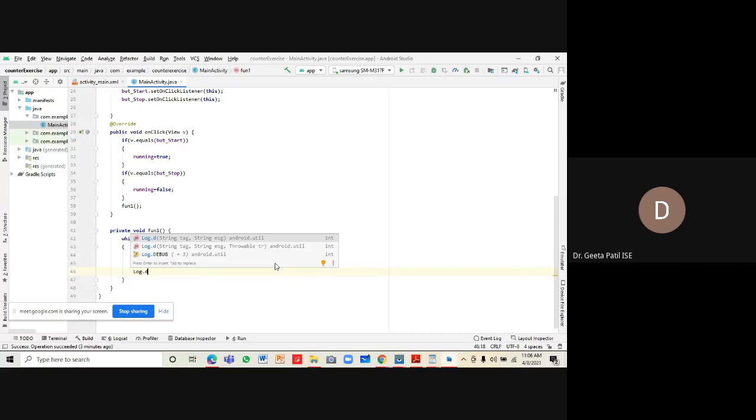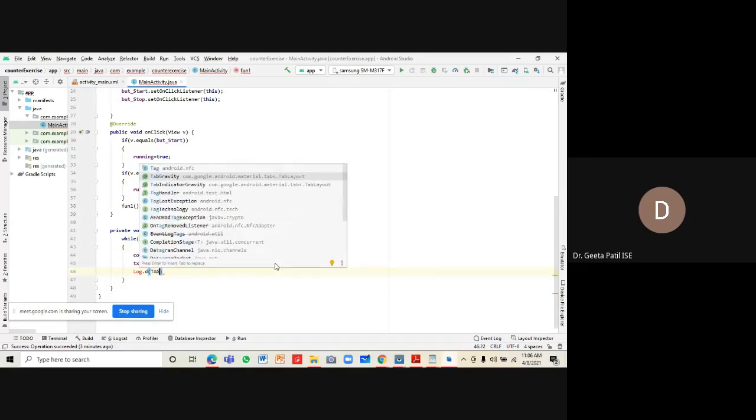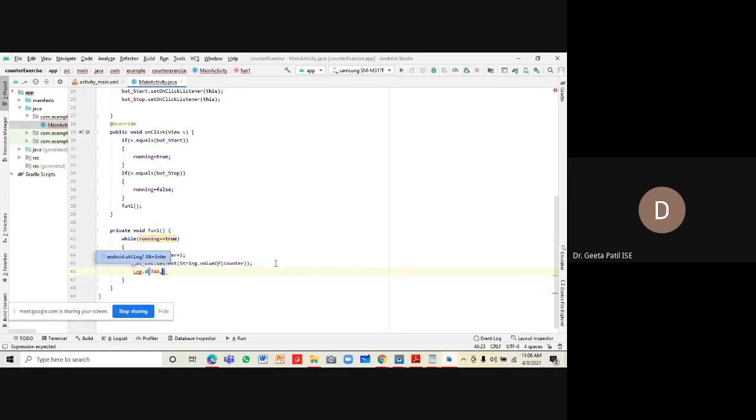So Log.d, and in this message, it takes two parameters. First one is tag.